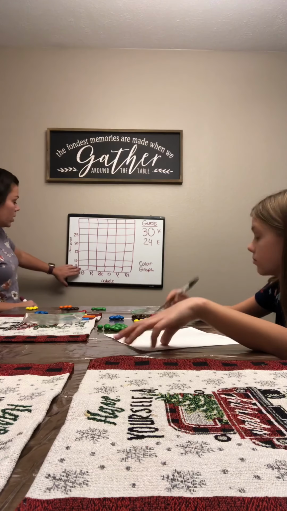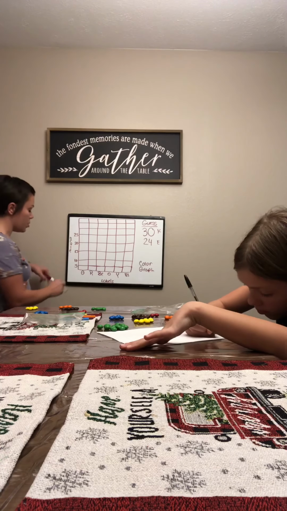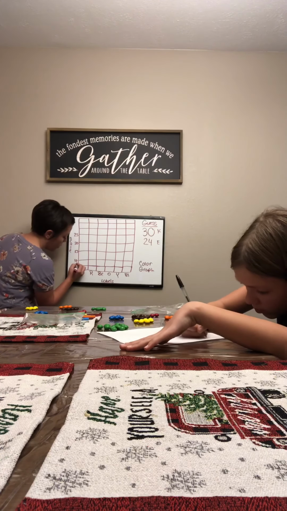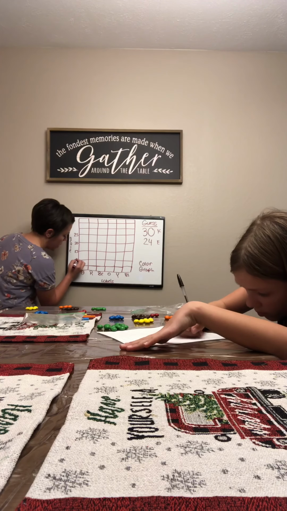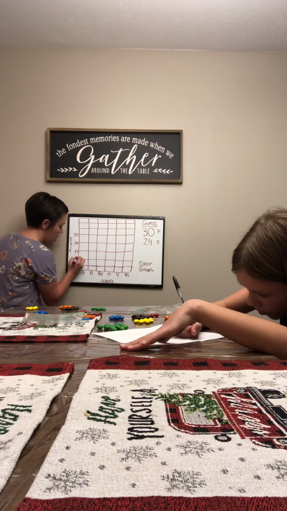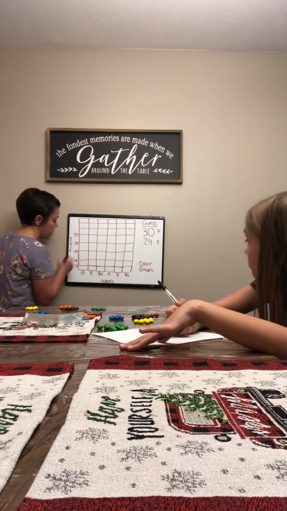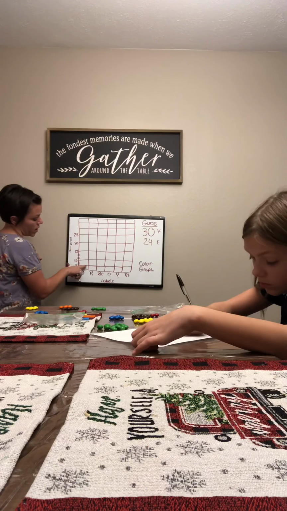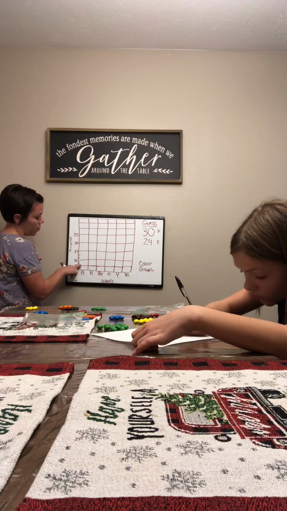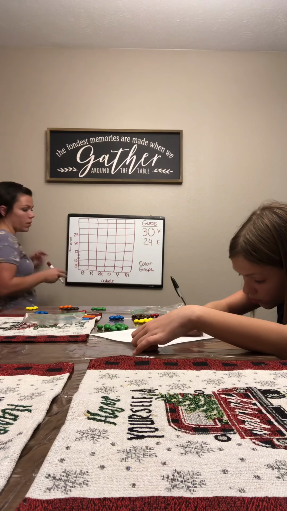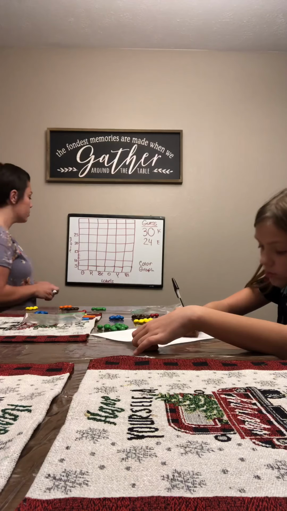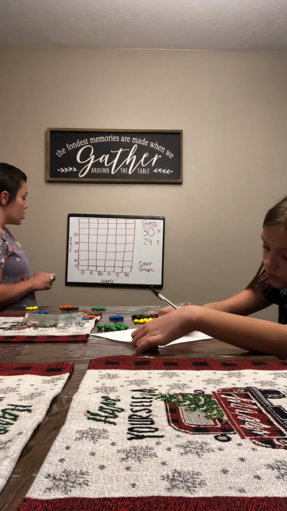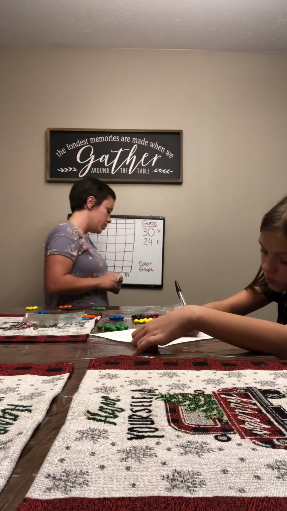So in between these lines is going to be your other numbers, right? So you have 5, then you have 6, 7, 8, 9, 10. 10, 11, 12, 13, 14, 15. You see that? So these lines here are you're counting by 5s. In between here is your other numbers, kind of like on a clock. Okay? So now I want you to